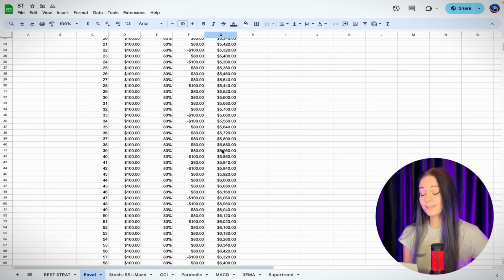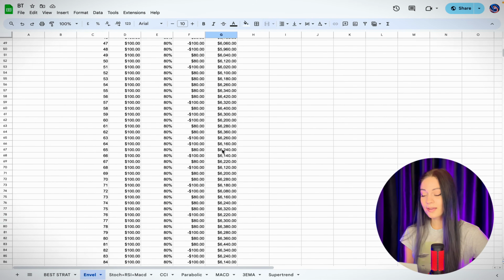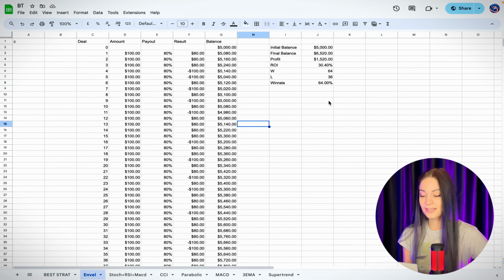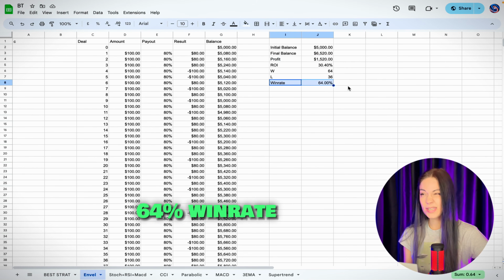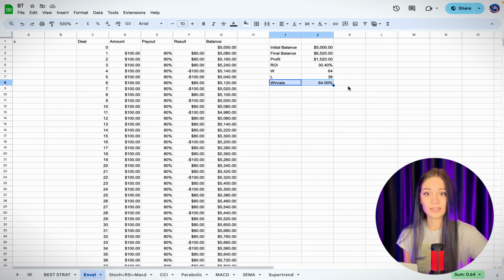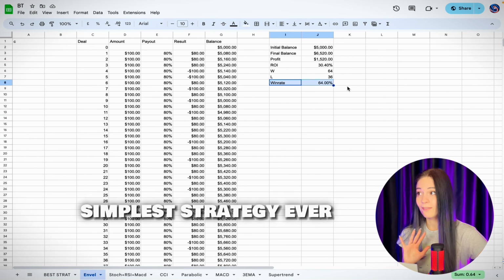Oh my god, guys, finally we are done with all 100 trades and backtesting, and let's look at the results. And the results are actually amazing. $1,520 in profit. Win rate is 64%. This is not the highest win rate, right? Out of everything that we have seen already, but with the fact that this is the simplest strategy ever, this